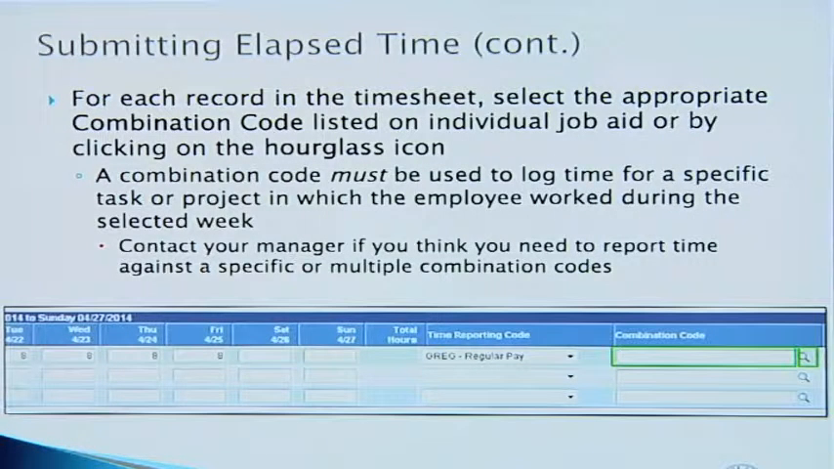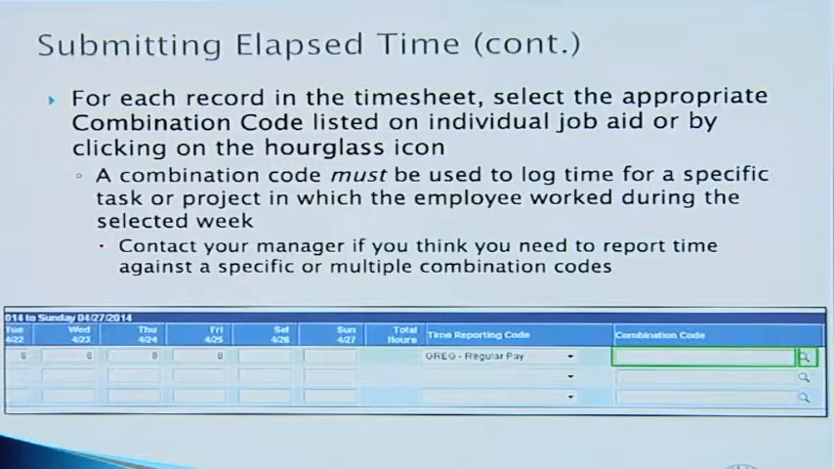And for each record in the timesheet, you need to also select the appropriate combination code listed on the individual job aid or by clicking on the hourglass icon. A combination code must be used to log time for a specific task or project in which the employee worked during the selected week. Contact your manager if you think you need to report time against a specific or multiple